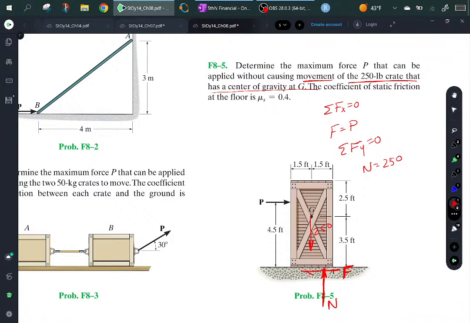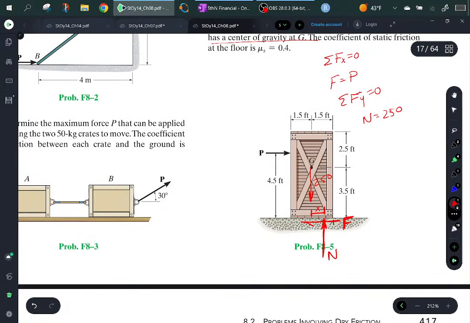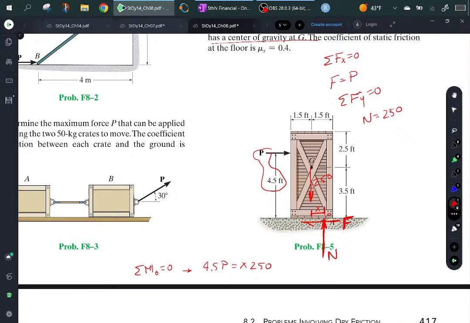Now the moment is what's going to tell you something. So you set up, call this x here, sum of the moments about whatever this is called, I'll call it O, is equal to 0, will tell you that 4.5 times P is equal to x times 250. So the question is, what was P? P was F,